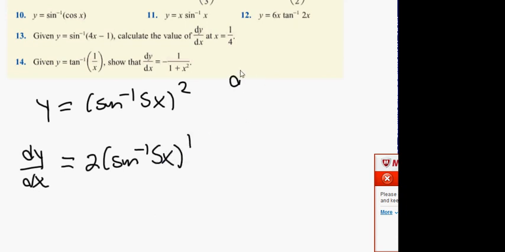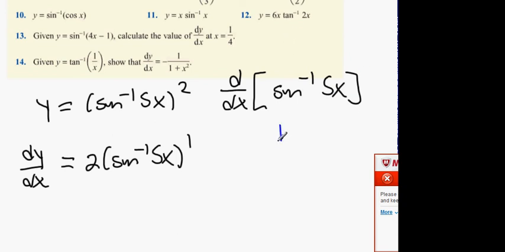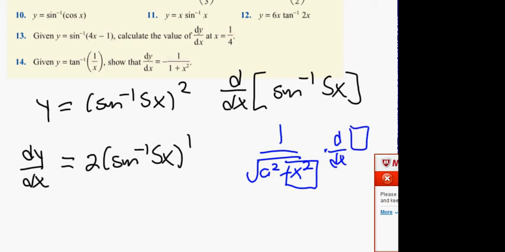Then at the side, you have to differentiate. You have to differentiate sine inverse 5x. Okay. Once again, you go to your rule. If you're differentiating normal x, it's going to be 1 over the square root of a squared minus x squared. And remember, it's whatever is in the box, differentiate what's in the box. So what's in the box is 5x and a is 1. So what it's going to be